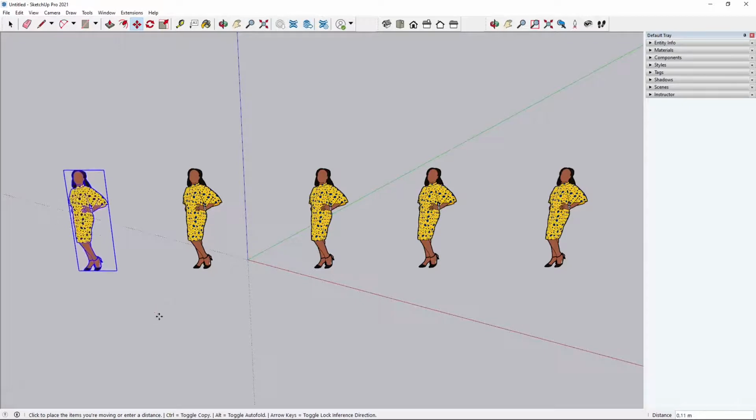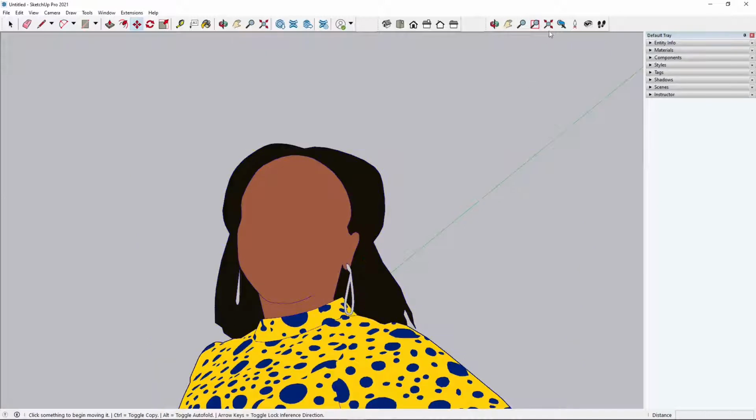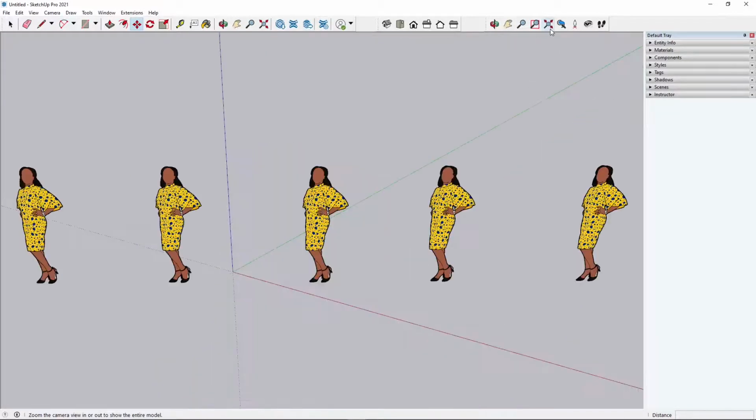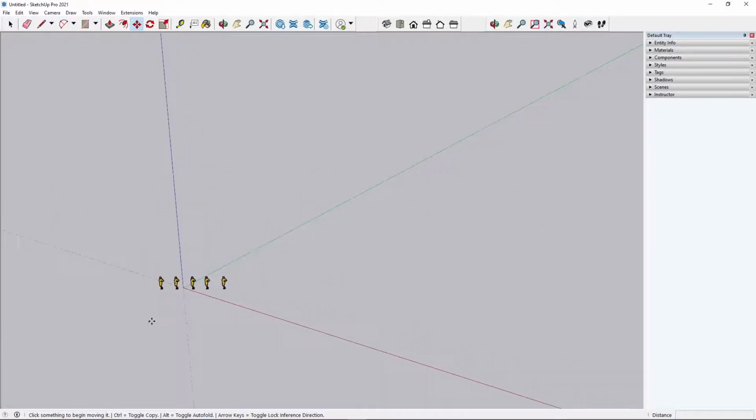Okay, now let's do zoom extents again. I want to zoom in first like that, and then I want to quickly get back into my scene. If I want to quickly frame my scene inside the view, I can use this. It's pretty useful. Also when you get lost, so for example, if you do something like that, well, you can